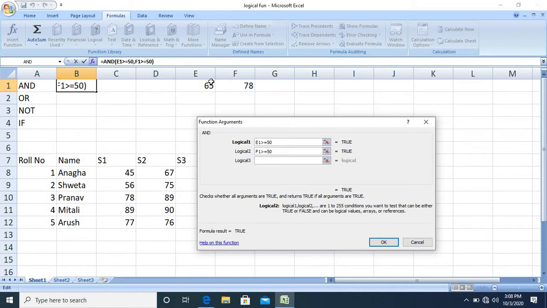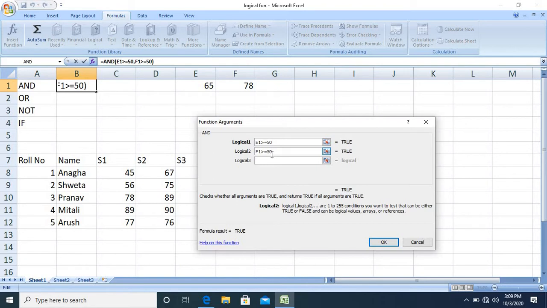So in the cell E1 the value 65 is present. So the logical 1 test will be true because 65 is greater than 50. In case of the second logical condition, F1 is 78, which is greater than 50.